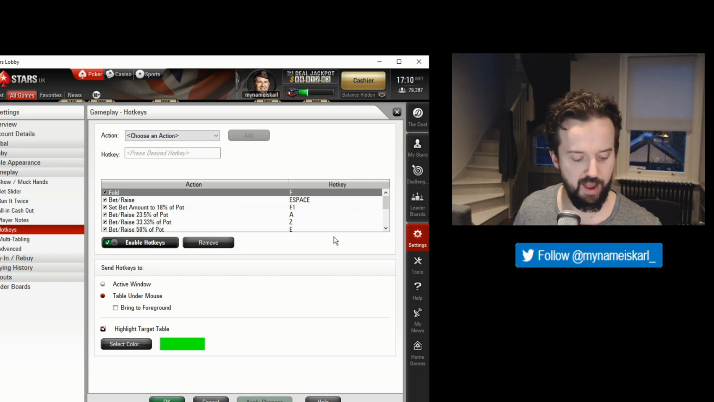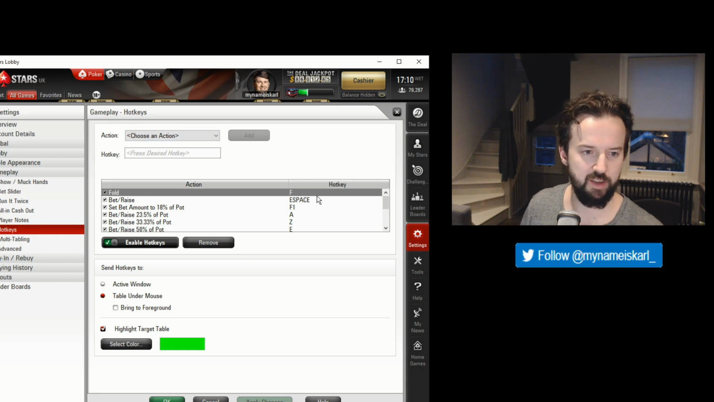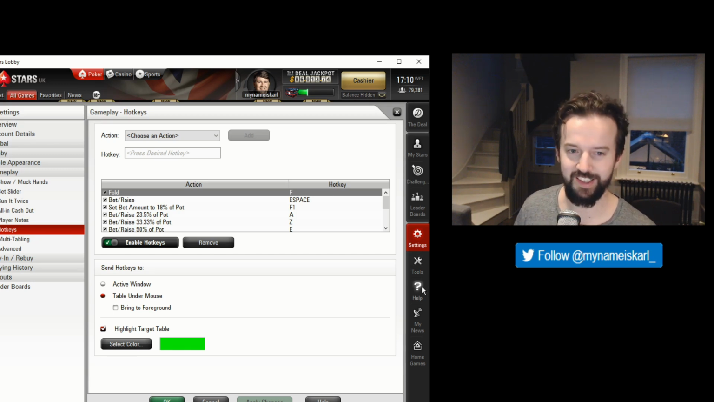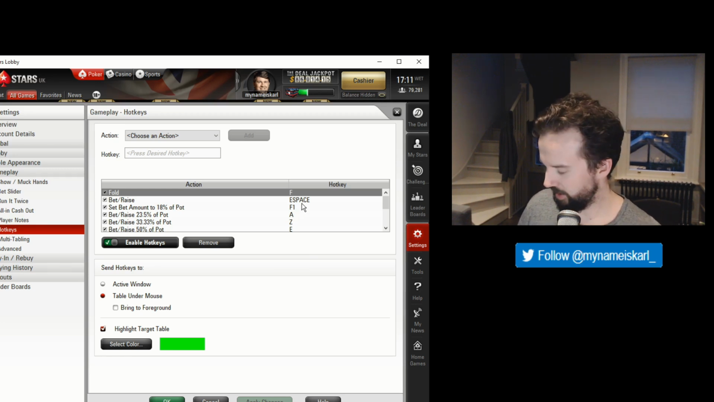So I'm using this gamepad with one button that automatically folds. If I hover my mouse over a table, I click that hotkey and the hand is folded. This speeds up the process. It does lead to the occasional misclick, but I've been playing poker for so many years and I noticed that